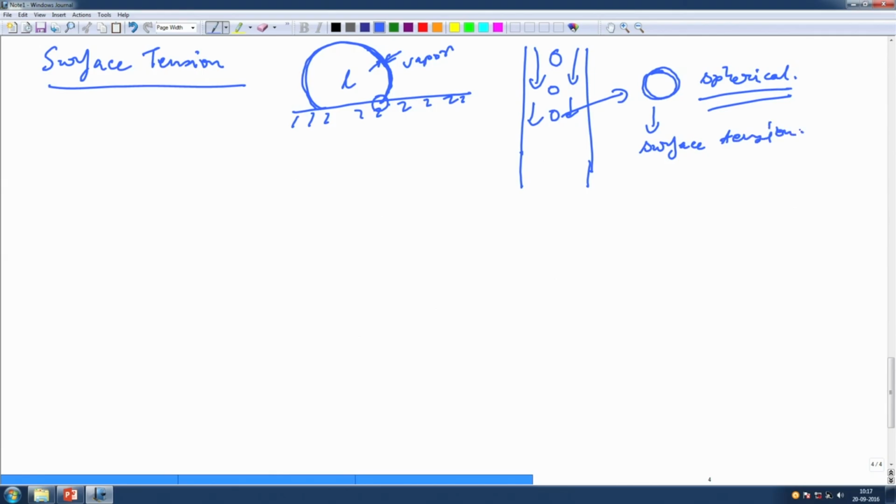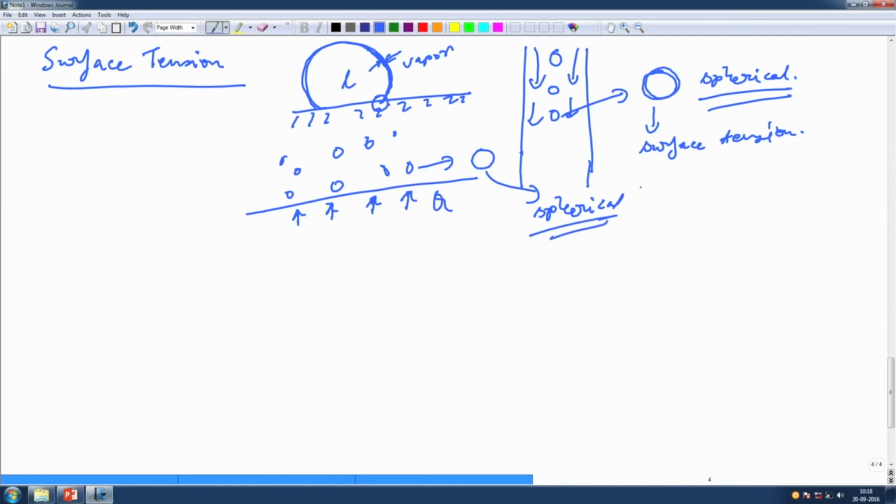Okay. So, there are similar such things when you actually have pool boiling, that means the surface is heated, you supply heat to a surface. You have seen bubbles, right, when you warm water in a pan, when you boil water in a pan you see all these bubbles coming up. So, these bubbles are also spherical in shape, to the best of the. So, once again these bubbles will be spherical in shape so long as there are no external stimuli doing otherwise. So, these are also spherical and these are also due to surface tension,